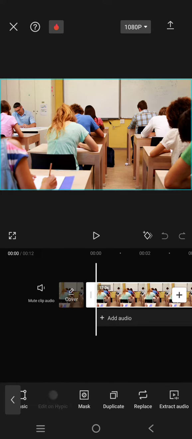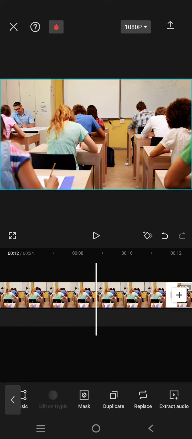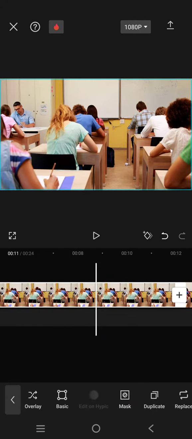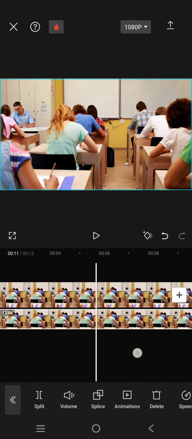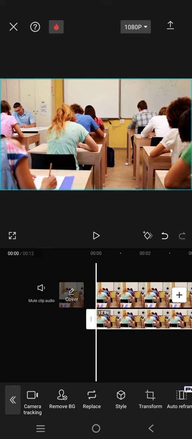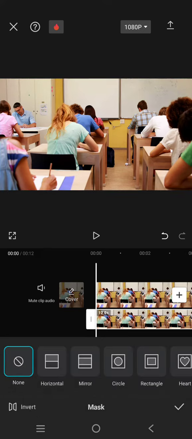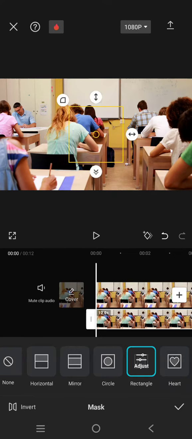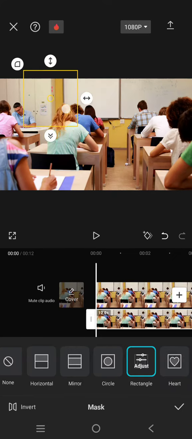Click on the video and click on duplicate and make one of the video as overlay like this. And after that, on the overlay, click on it and find masking. So since the object that I want to remove is like in the shape of rectangle, so I'm going to use this rectangle masking. So first let's grab